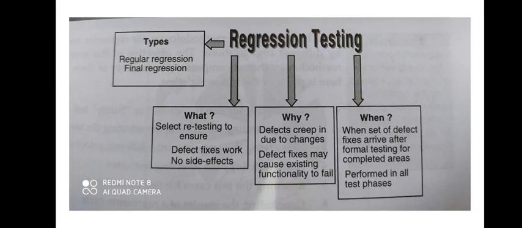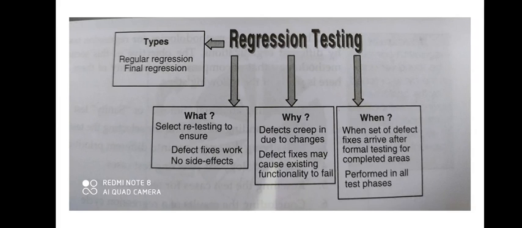That means everything is practically running in parallel. So our next question is when we can perform regression testing. Students, it is necessary to perform regression testing. You can see here in the diagram, when we have a reasonable amount of initial testing done already, that means you have done a particular amount of basic testing already. Even after you have done the testing, you still have a good number of defects, and if we fix the defects, you get some side effects. Then we have to go for regression testing.